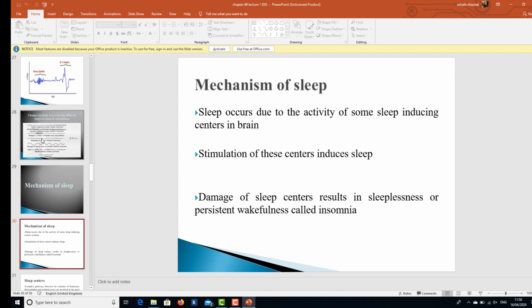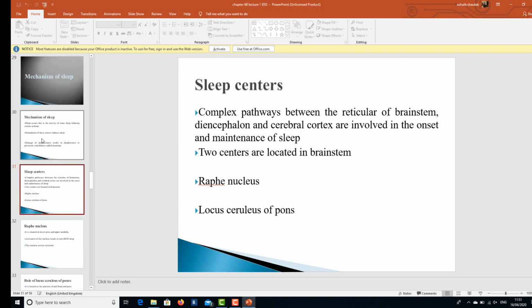Now, what is the mechanism of sleep? Sleep occurs due to activity of some sleep-inducing centers in the brain. Stimulation of these centers leads to the induction of sleep. Damage of sleep centers results in sleeplessness or persistent wakefulness called insomnia. Complex pathways between the reticular formation of the brainstem, diencephalon, and cerebral cortex are involved in the onset and maintenance of sleep. Two centers are located in the brainstem, that is raphe nucleus, locus